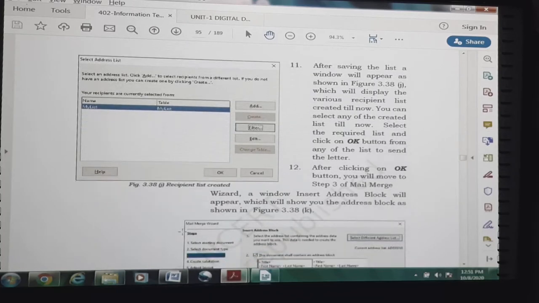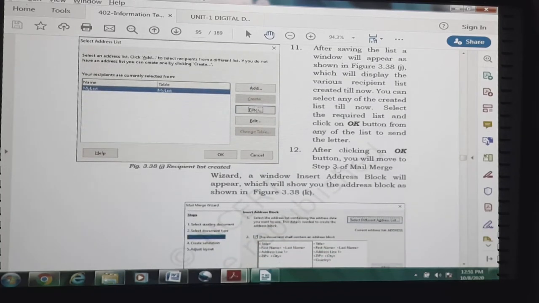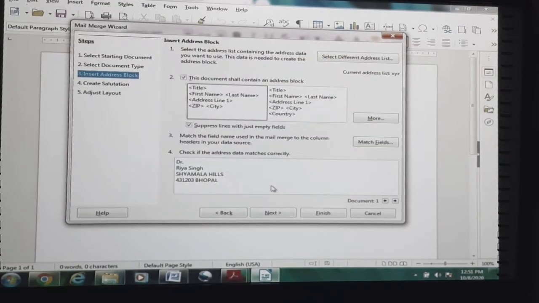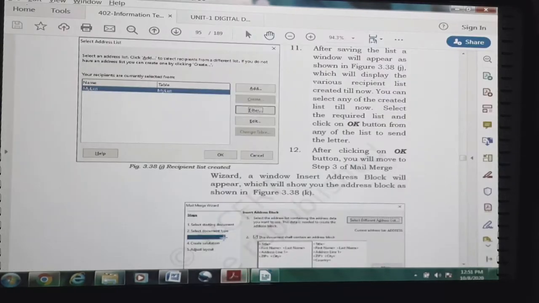Then after clicking on OK, we will move to step 3 of mail merge. Now we need to click on OK to move to the next step. Okay. So our address bar came up, address with total details.